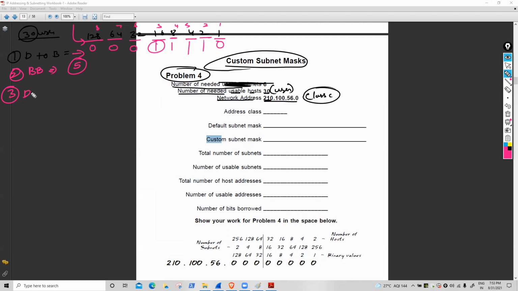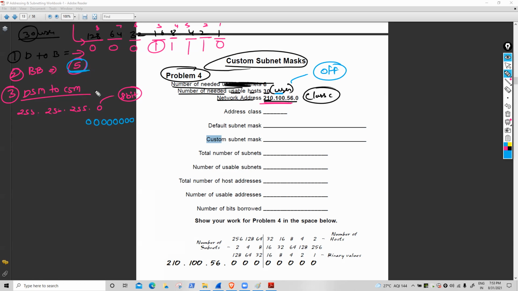Position number. Okay, right now third is DSM to CSM. Verify this is class C, so 255.255.255.0. Inside the 0, how many bits? 8 bits. Very simple. How many bits are borrowed? 5. And we are doing user, and user means bits always off. 1, 2, 3, 4, 5, 6, 7, 8.